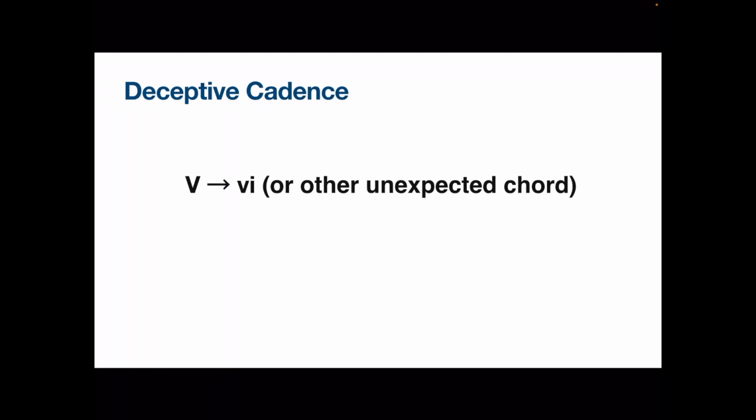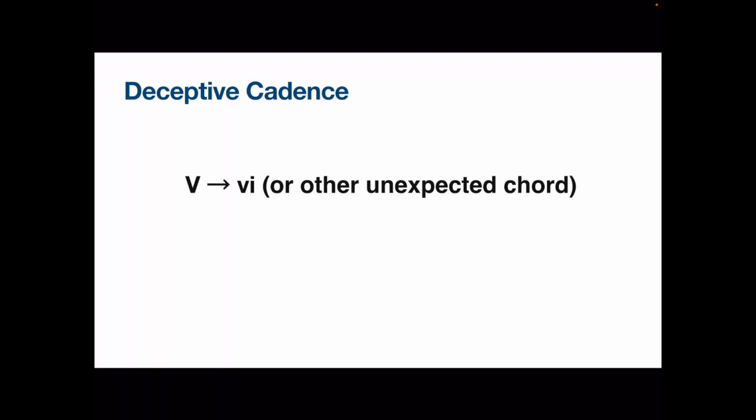Instead of that, which sounds like the end, we have this. So that is the example of a deceptive cadence. The 5, instead of going to 1, goes somewhere else. Okay. Well, actually, before moving on, I do want to play it in context so that you can really hear